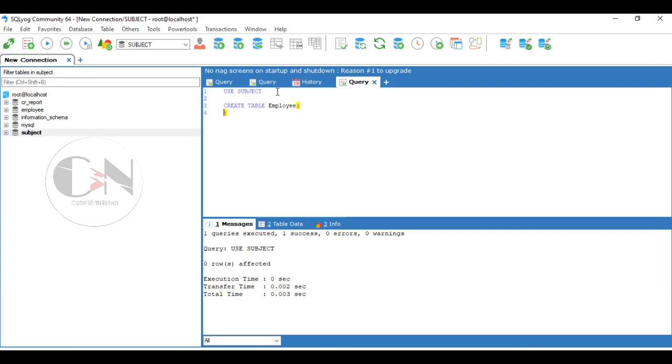Then creating a table, that is employee.